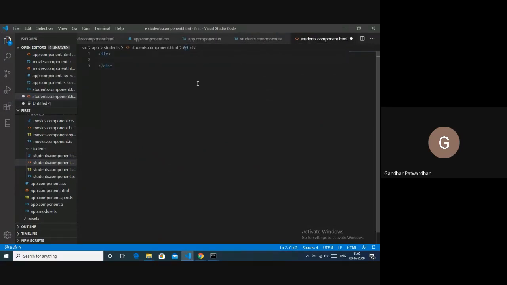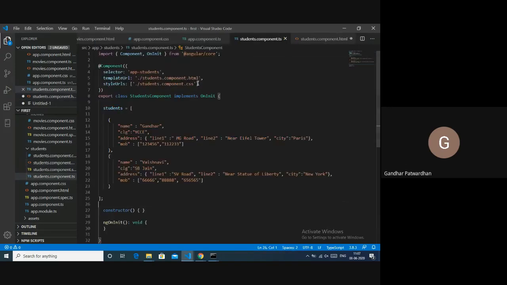And inside the div, I will have *ngFor equals let s of students. Then I can have h3, I guess with s.name. What else do we have in student? Name, college, address, and mobile.